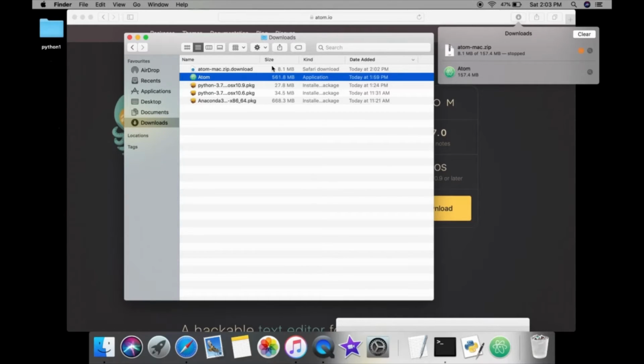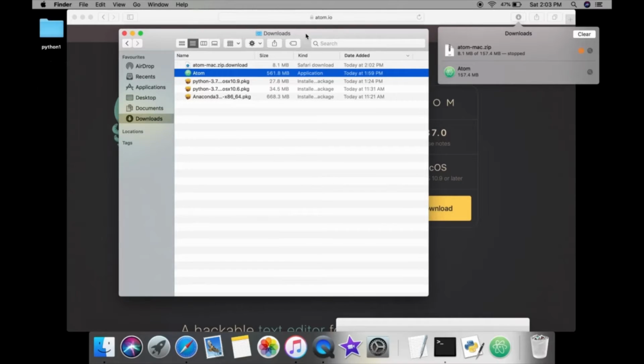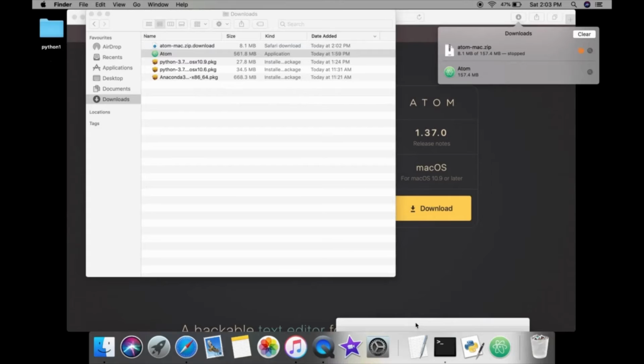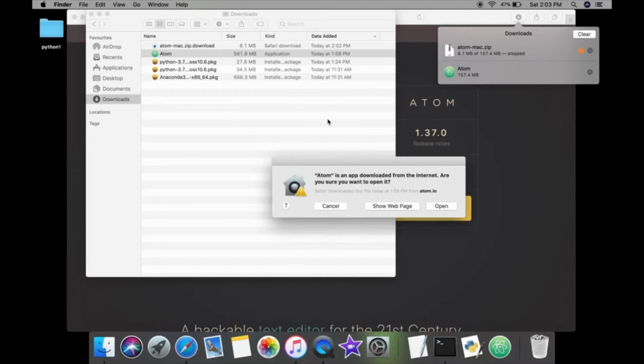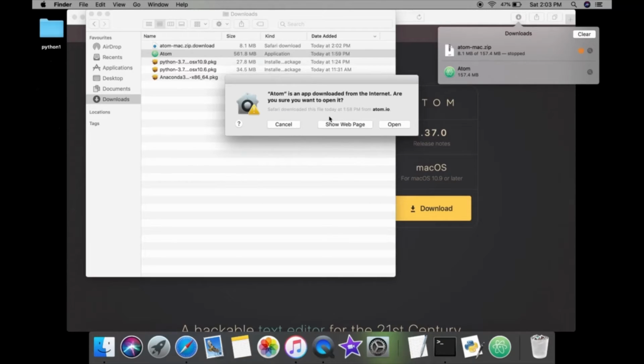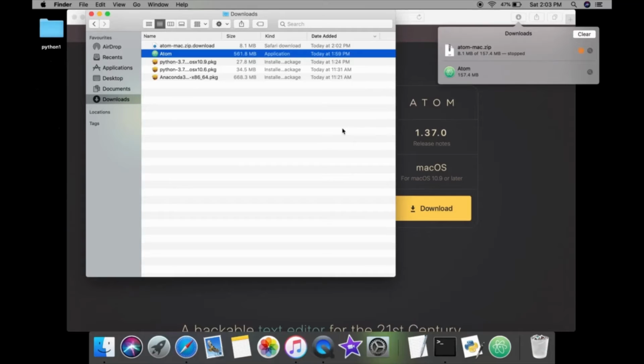After that, you don't need to do anything, just double click on this one, and here I have something hidden for you. That's the thing you will get when you double click on this Atom. Here the Mac will ask you for permission, that it's an app downloaded from the internet. Are you sure you want to open it? So click on open and then wait for the Atom to start,